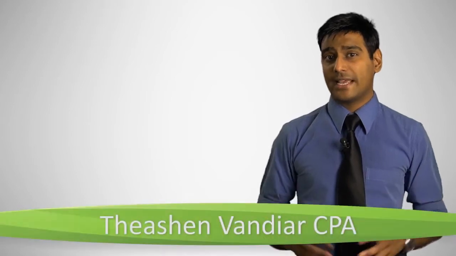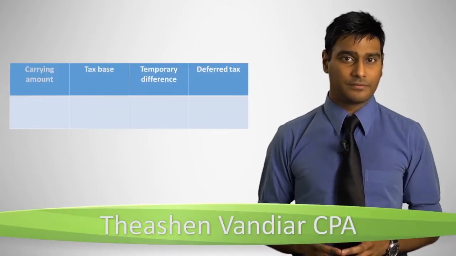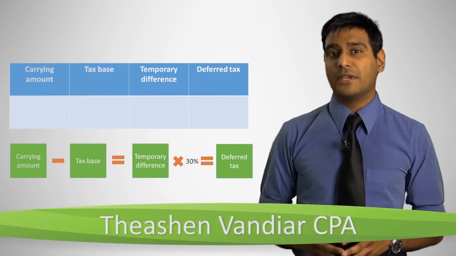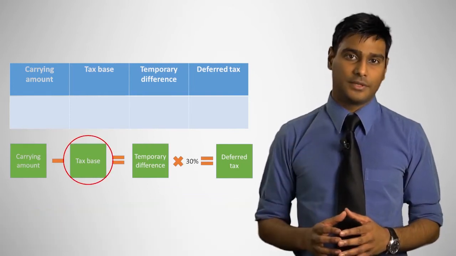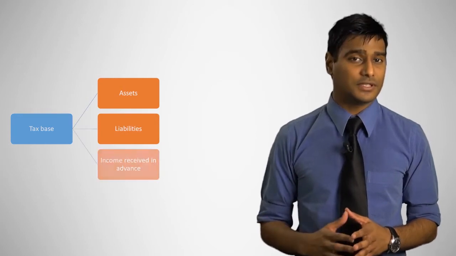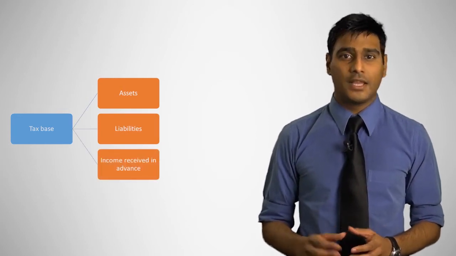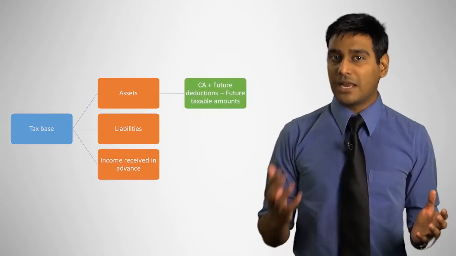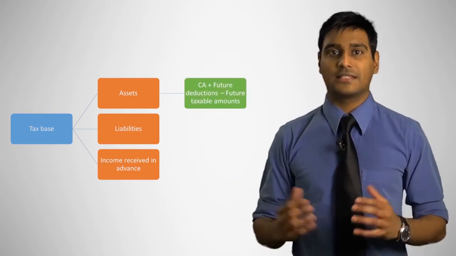To calculate deferred tax, we can use the following grid, which is underlined by this formula. The tax base component is our focus for this clip. There are three formulas you need to know: tax base for assets, tax base for liabilities, and tax base for incomes received in advance. The tax base for assets is calculated as the carrying amount plus future deductions less future